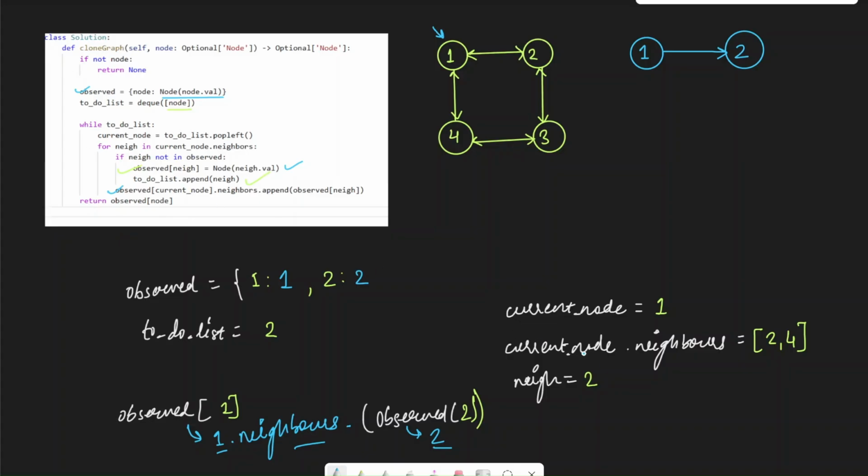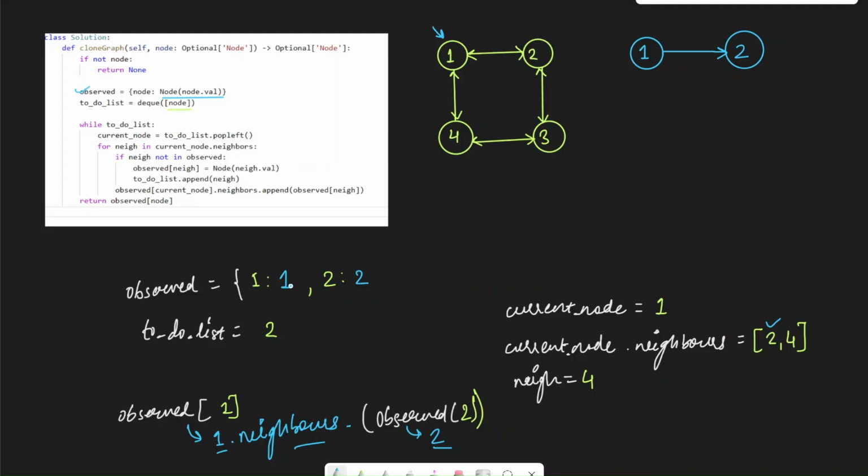Now we go for the loop again, because we have just evaluated 2 from here. We have to evaluate 4 as well. So now our nay becomes 4, so I'm adding 4 over here. Now, if nay not in observed, is nay in observed?